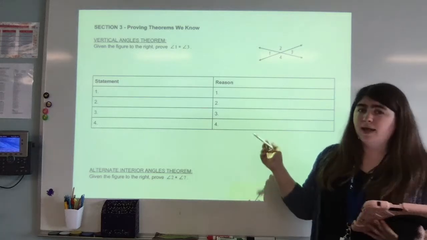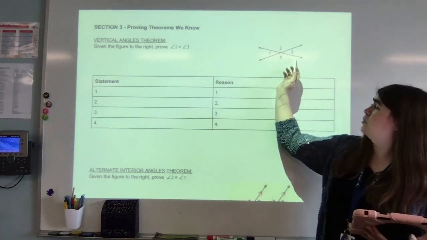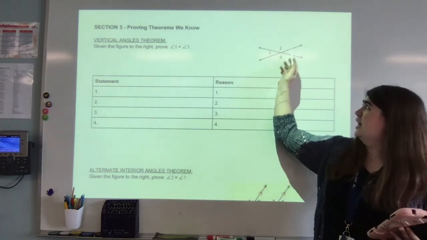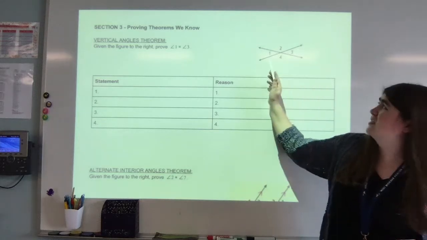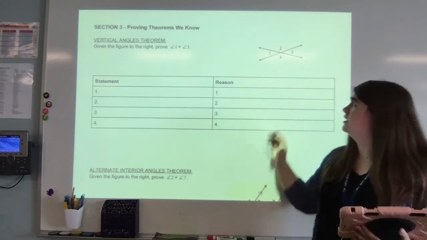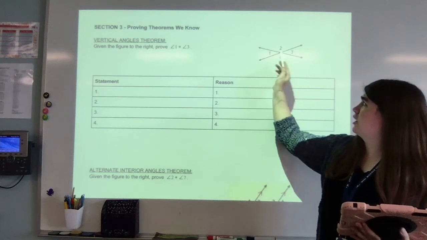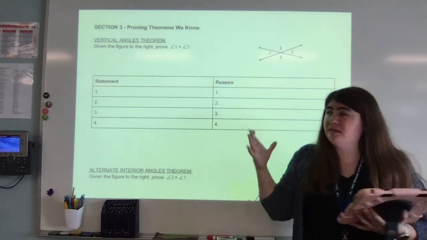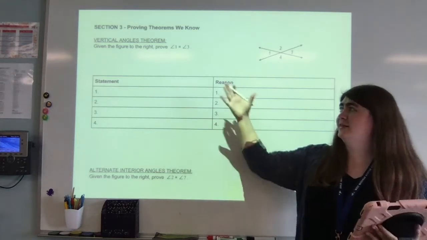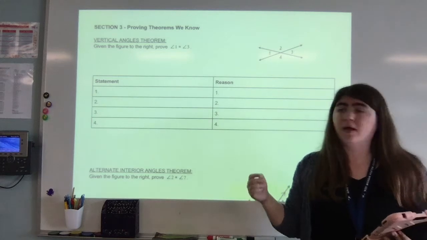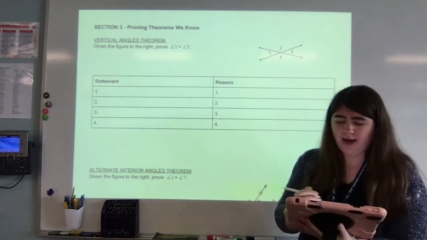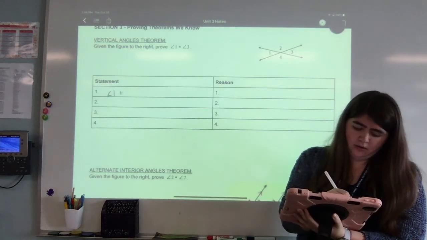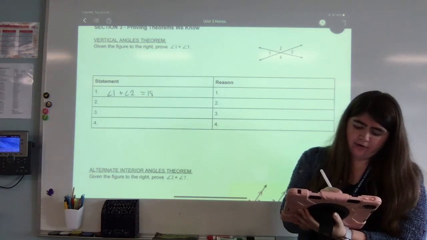So what I am recognizing is that angle 1 and 3 both have these lines that outline them, and these are straight lines. And if I go up this line, I'm noticing that 1 and 2 are on a line together, and I'm noticing that 2 and 3 are on this other line together. So I'm going to use that information that I can see from my image to prove that this theorem is true. So I'm going to start with angle 1 and angle 2, and I can say that angle 1 plus angle 2